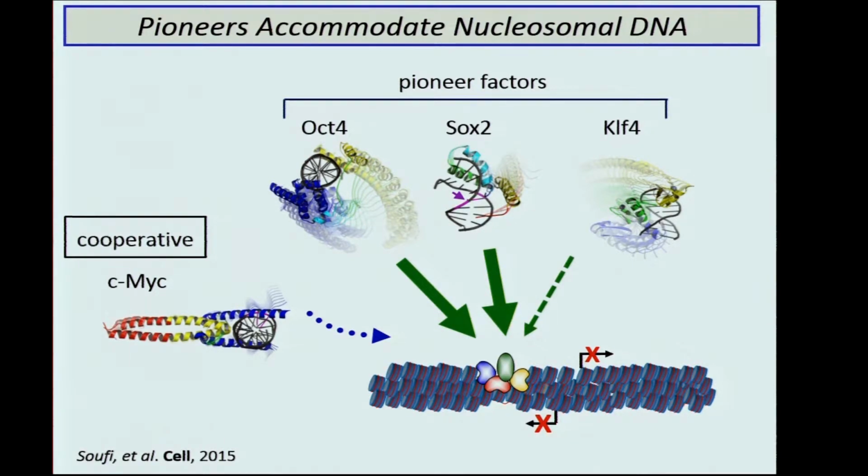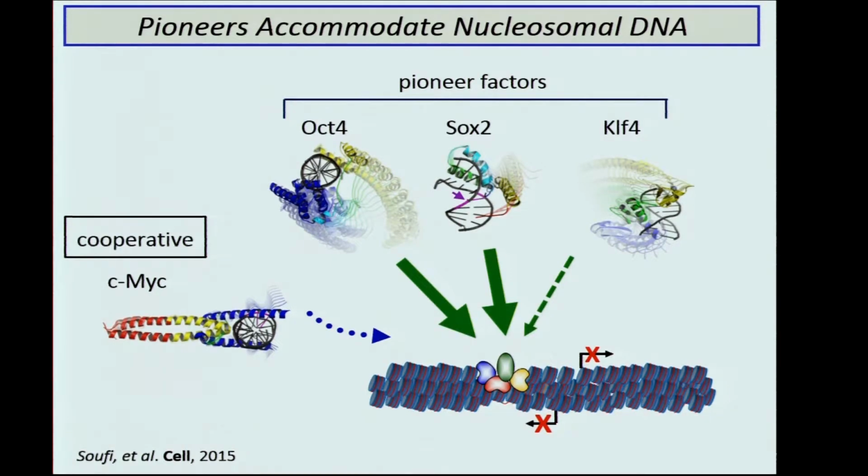So, to cut a long story short, this analysis and others showed us that what's so special about these factors is their flexibility. These proteins' DNA binding domains are flexible and can adapt to the DNA when it's in a closed chromatin state. Unlike c-Myc, which is more rigid and requires the assistance of these pioneer factors in order to access this closed chromatin and then target the silent genes in somatic cells.